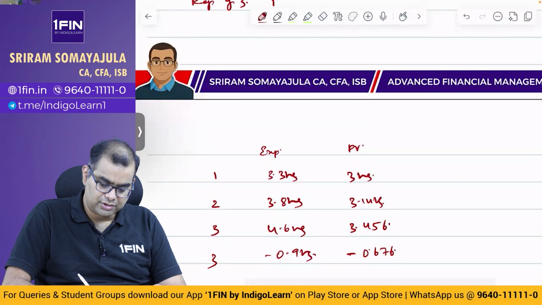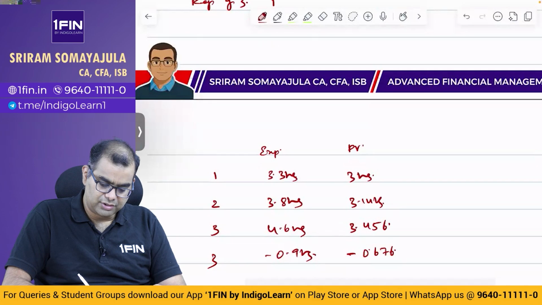Okay, then conversion premium. What is the conversion premium? Current market price minus market price of equivalent shares, divided by market price of equivalent shares. Premium again is from bottom. Premium again is from bottom. That is 1060 minus 960. Why 960? Because equivalent shares value is 960. By 960, that is 100 by 960, that is 10.4166%.